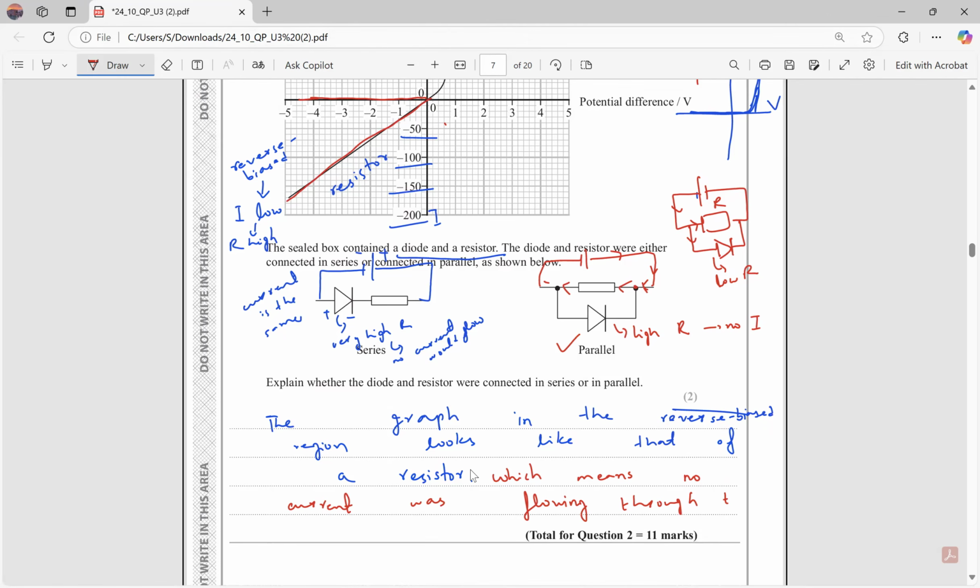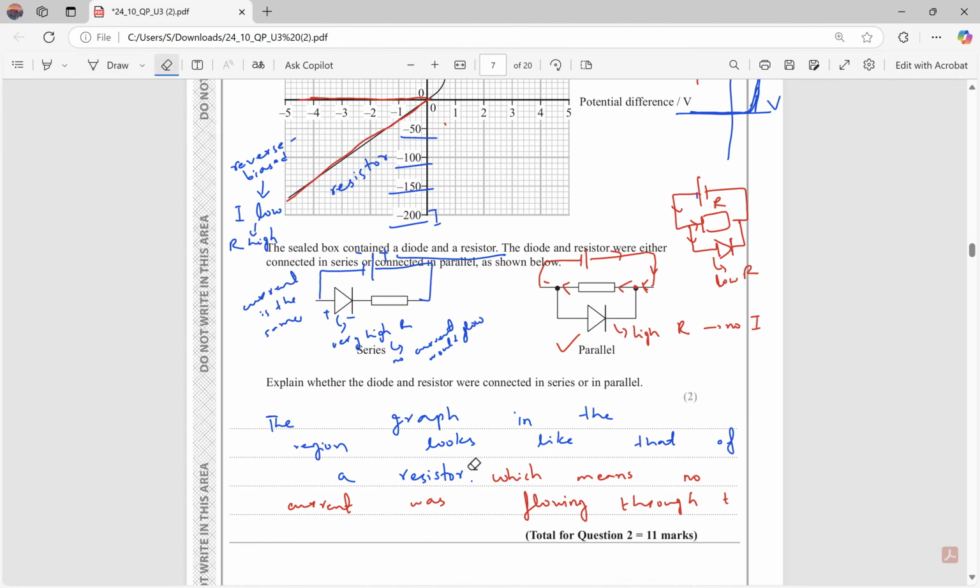Or I would just rephrase it, this sounds a bit strange. So I would say the graph in the negative region looks like that of a resistor